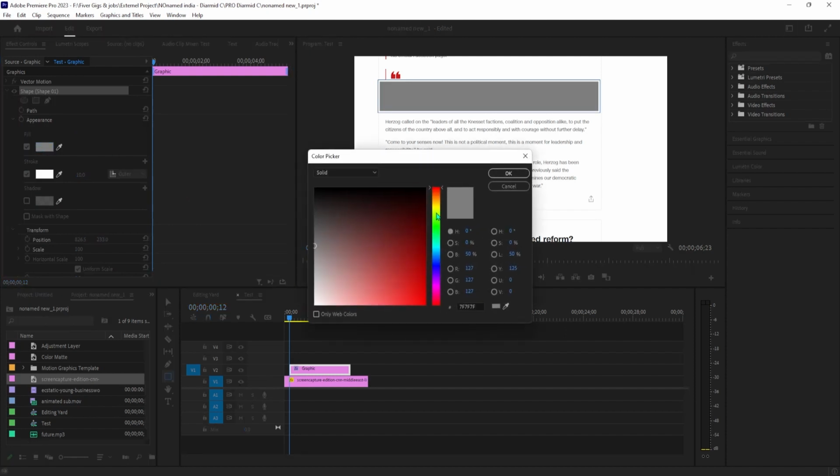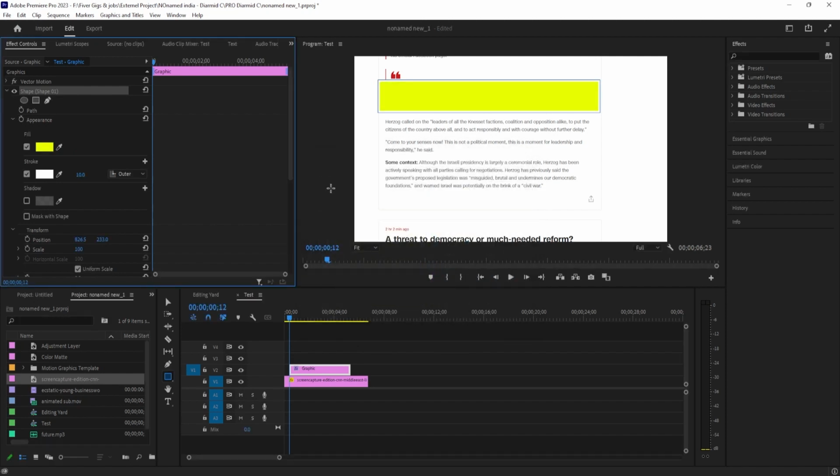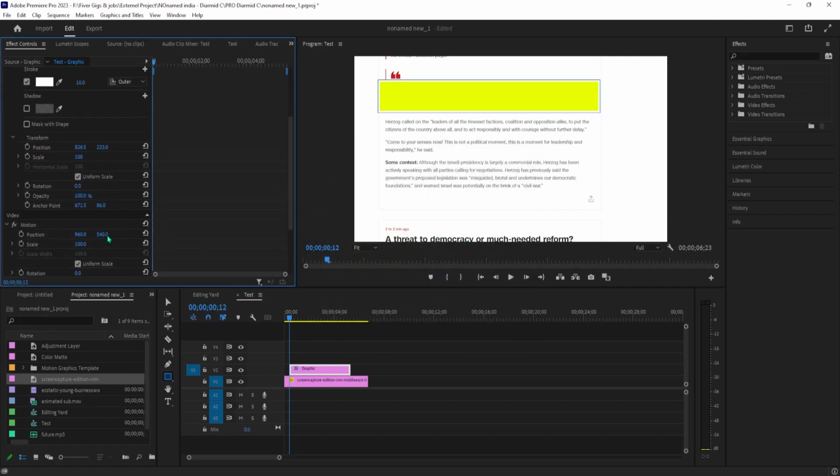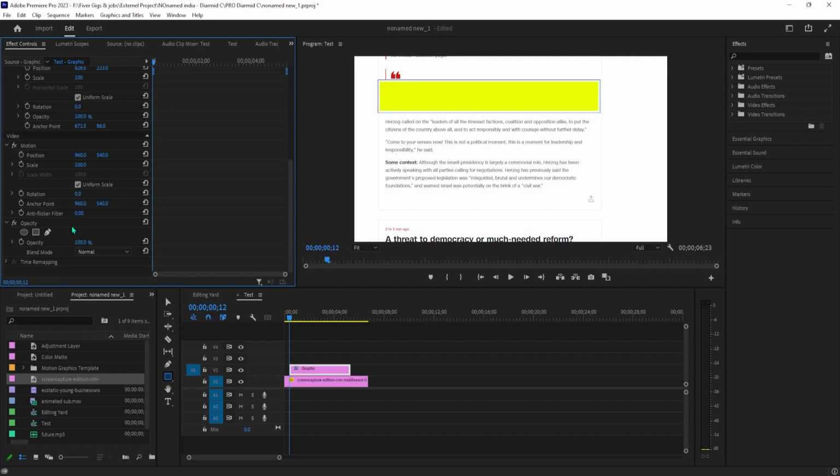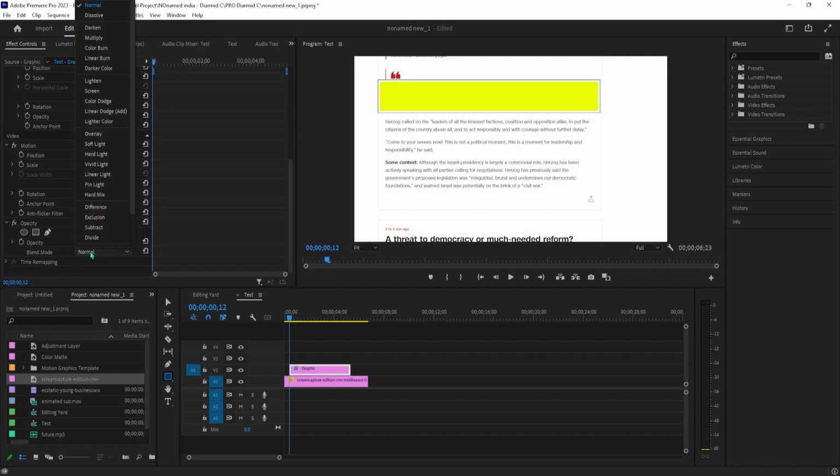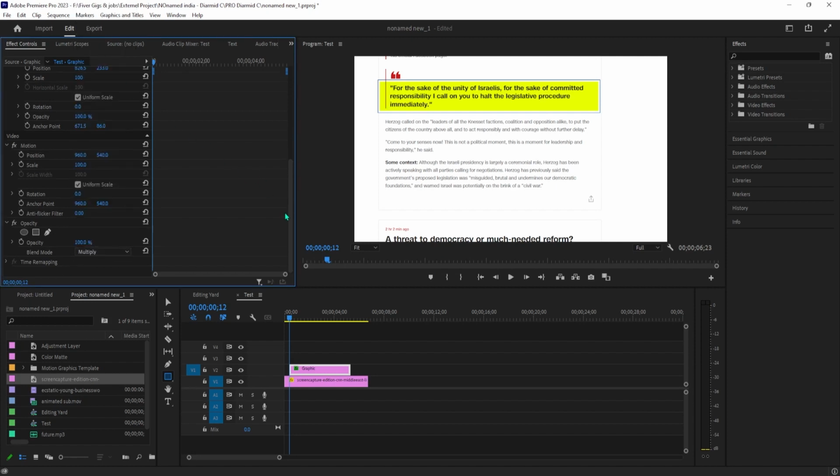Then scroll down in the video and under opacity, you'll see the blend mode option. Change the blend mode to multiply. Okay, now we have our text highlighted, but let's say you want to animate the highlight to give you a